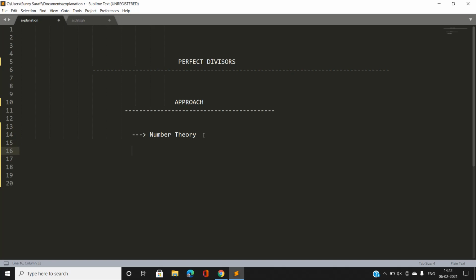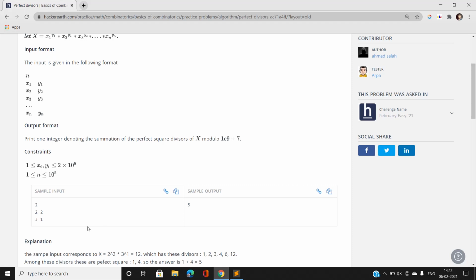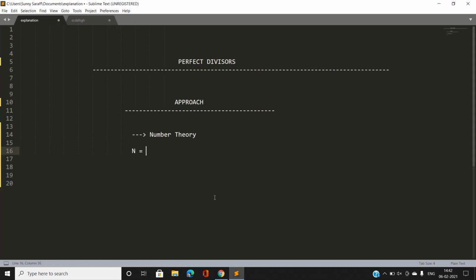Suppose our capital N can be represented as x1 power y1 into x2 power y2. Let us take an example, 2 power 2 into 3 power 1. First, let me write the steps to find the answer. Step 1: